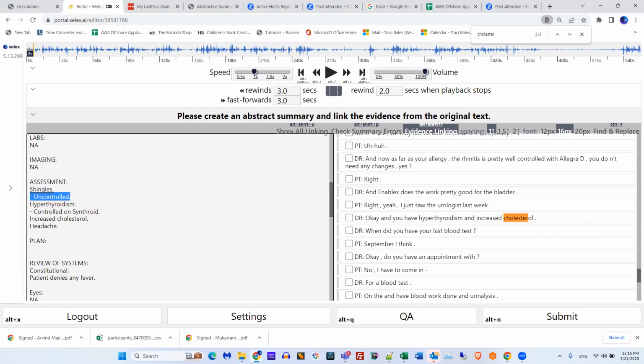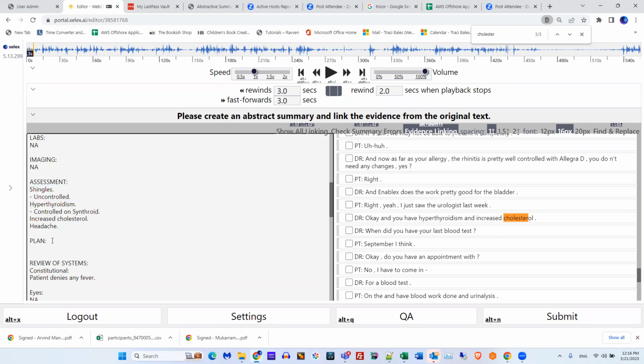So let's imagine that for shingles, the plan that the provider and the patient have decided on is to prescribe Famvir 500 3 times a day for 7 days. So we're going to list the conditions and diagnoses, same as we did here, with their plans, if they have plans.